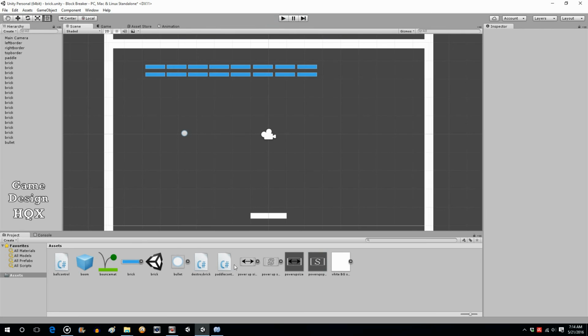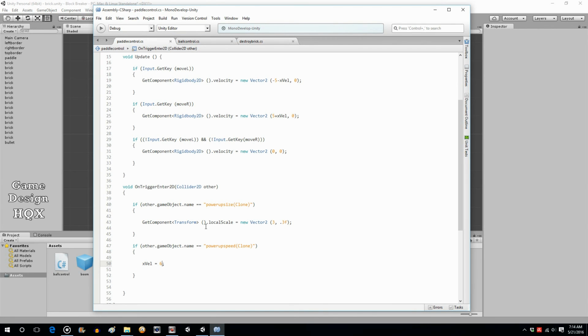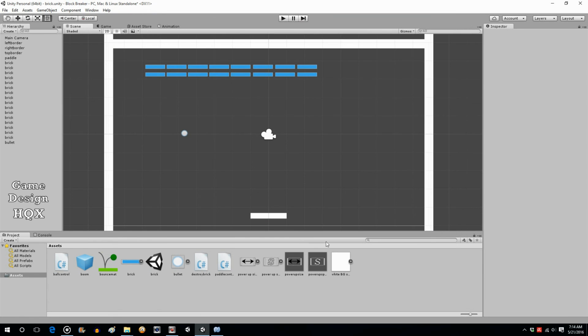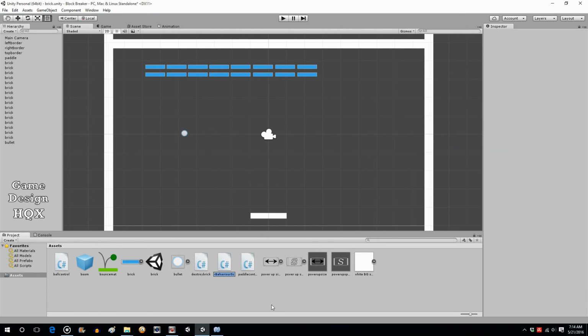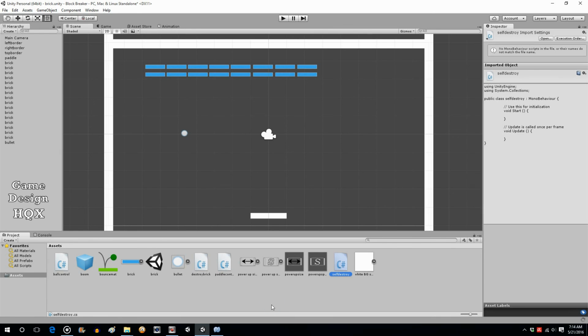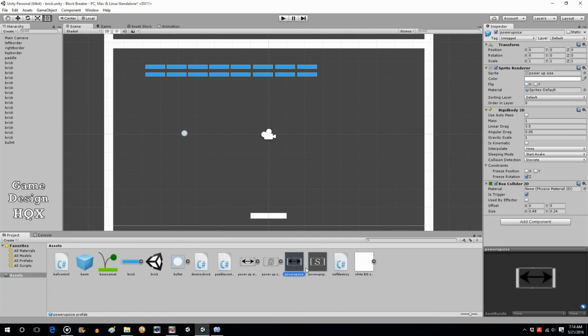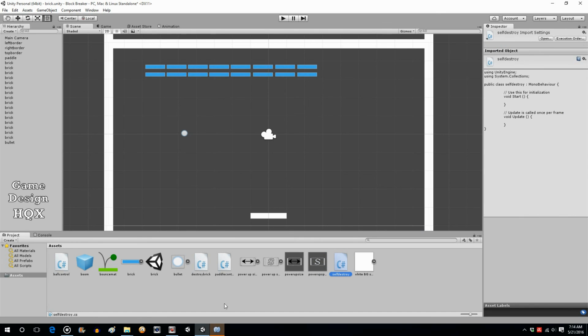Alright, so they're working. Now we just need to have the power-ups get destroyed when they're collided with. And to do that, we'll actually just create a new script. Create C# self-destroy, and you just click on the prefab, drag and drop the script, click on the other prefab, drag and drop the script, open up self-destroy,